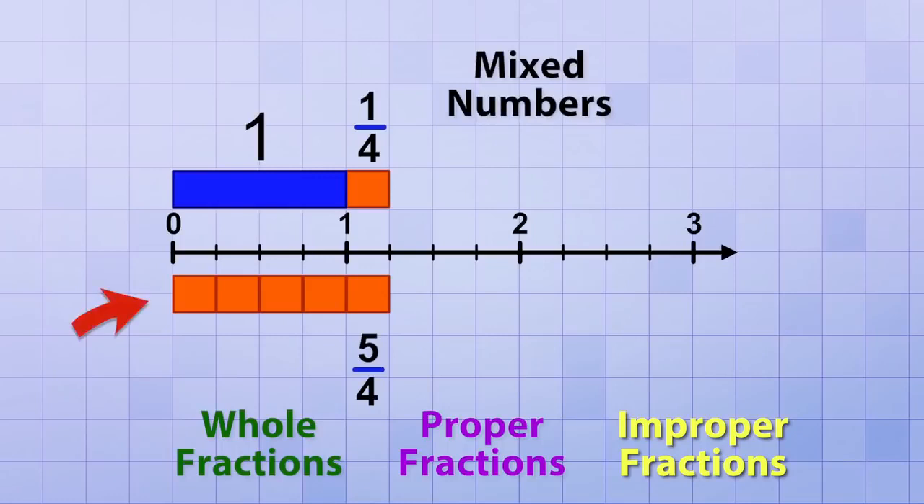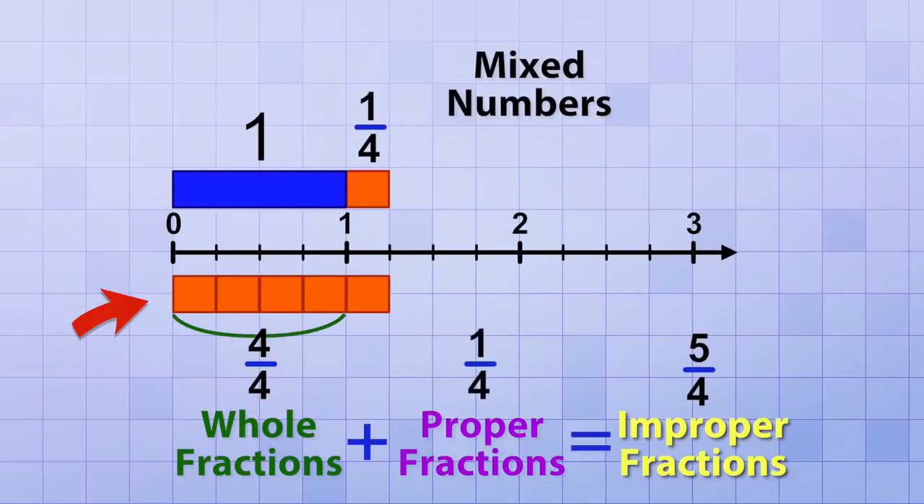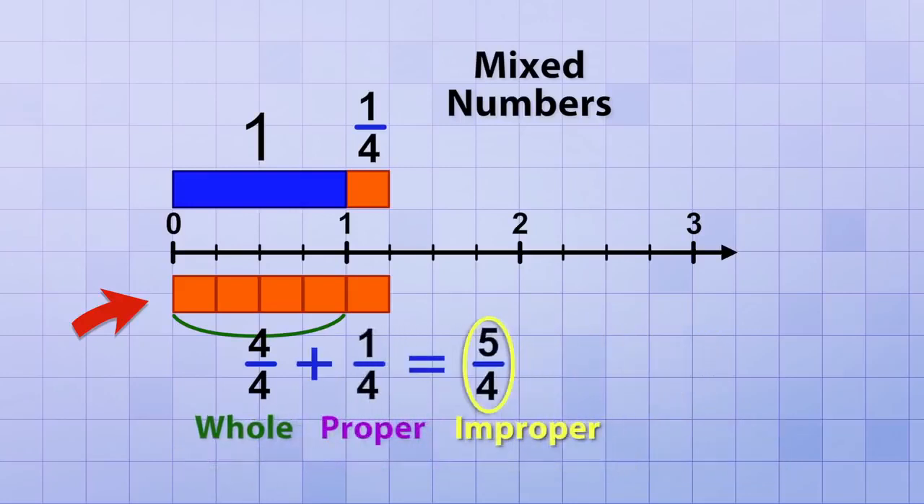First, on this side of the number line, we have 5/4, which we know is an improper fraction. But notice how we got it. We added a proper fraction to a whole fraction. When we just had 4/4, we had a whole fraction. But when we added one more fourth, it became the improper fraction 5 over 4. So one way to think of an improper fraction is that it's a combination of one or more whole fractions and a proper fraction. That's helpful because we know that all whole fractions can be simplified to the whole number